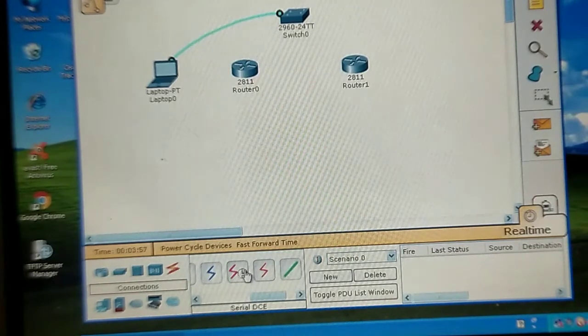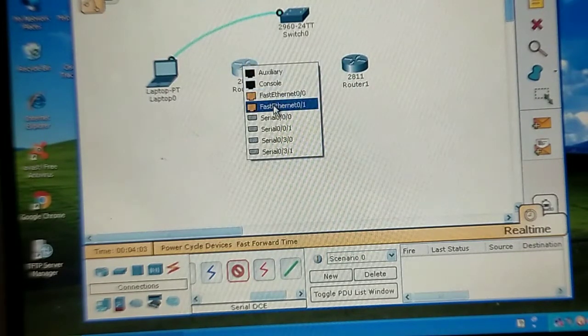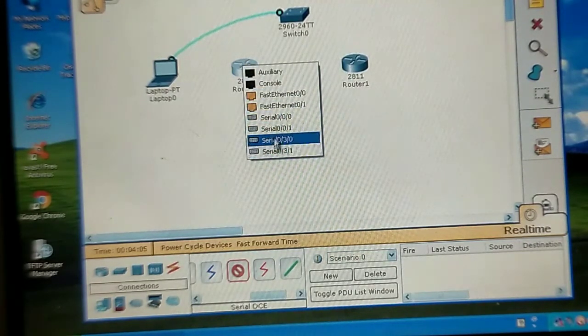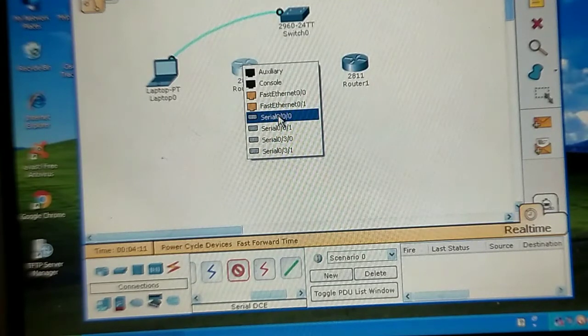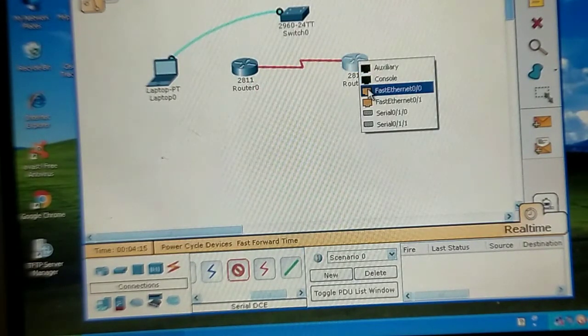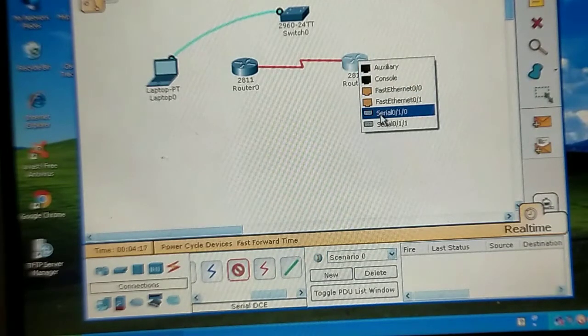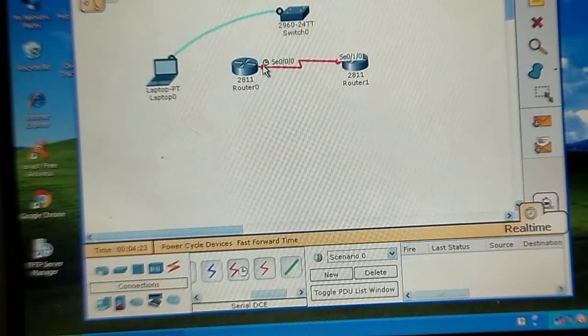So if you click on this cable and then click on router 0, you can see that we have these 4 serial ports on this router. I am selecting serial 000, and I connect this to router 1's serial, let's say 010. You can see by placing your cursor over here that